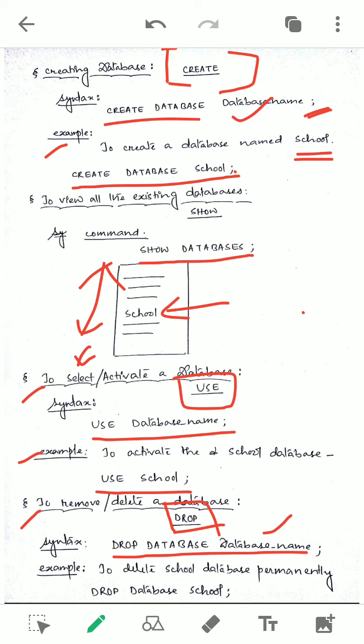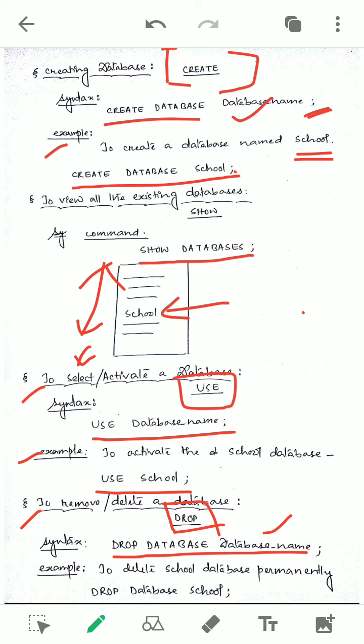DROP DATABASE is the part of the command. I have written these in capitals, but this is not case sensitive. You can write small letters or capital letters, no problem, but it is better to write capital letters because these are the commands, to highlight them. You can use small letters as well, no problem.